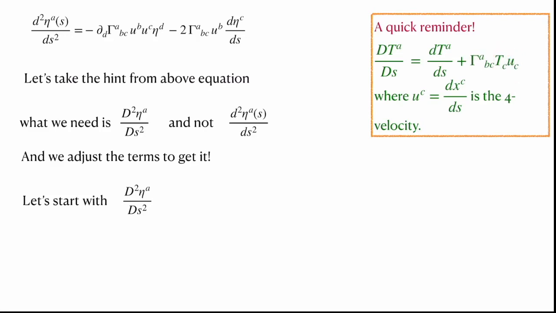This is essentially taking the covariant differentiation and taking the dot product with respect to the tangent vector, or velocity vector. You see, there are muddled up indices here, so you should be having TC and UB here. One of these has to be put in, so this is wrong.